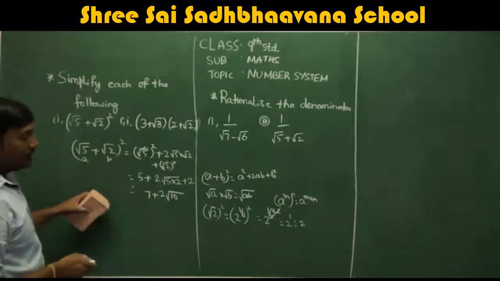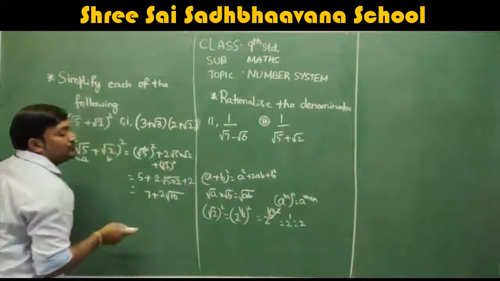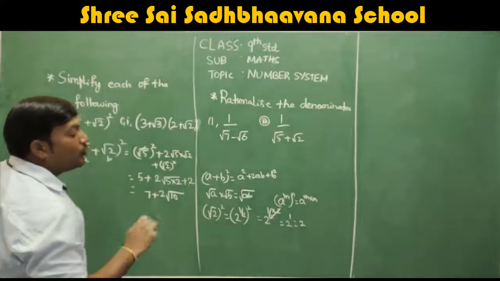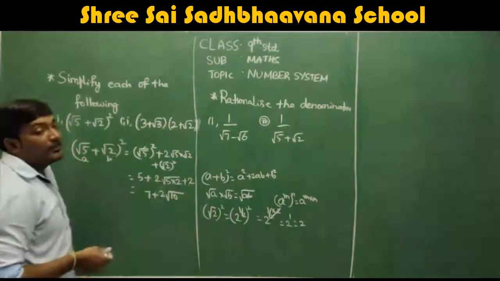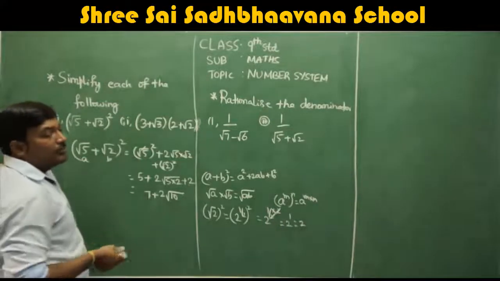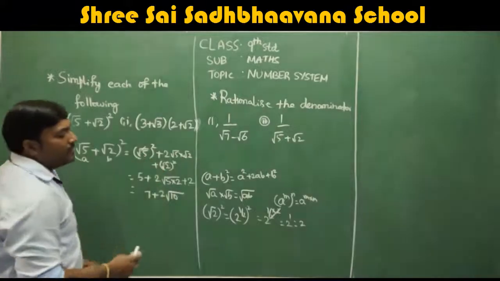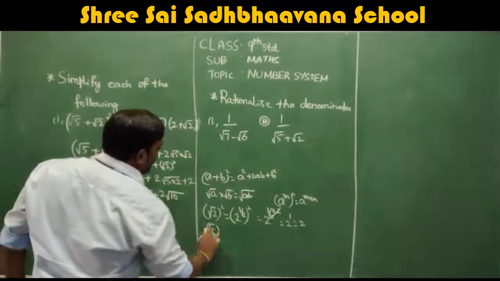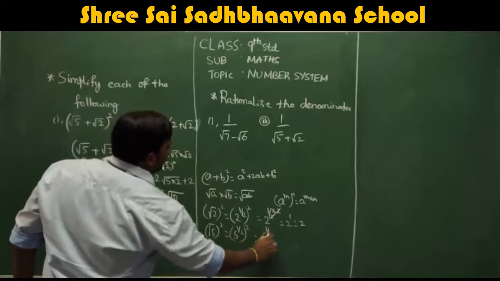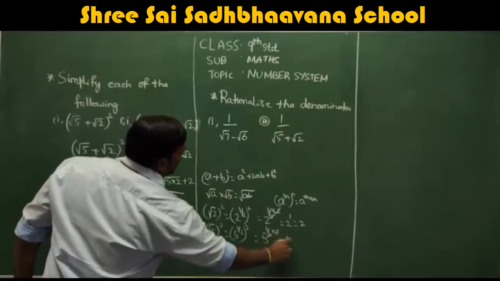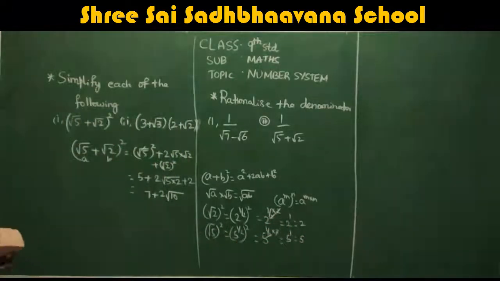I hope you understood this clearly. Remember, root 2 whole square, how does it become 2? We can write root 2 as 2 power 1 by 2 whole square. So the 2s will get cancelled because 2 is in the numerator and 2 is in the denominator. Definitely they will get cancelled. So 2 power 1 is 2. This rule is applicable for root 5 also. Root 5 can be written as 5 power 1 by 2 whole square, same thing, 5 power 1 by 2 into 2. The 2s will get cancelled, 5 power 1 is 5. Like that you get 5.